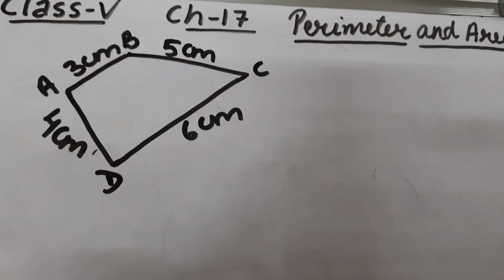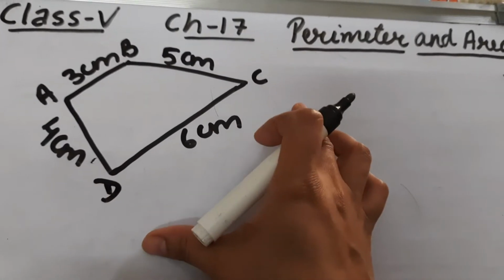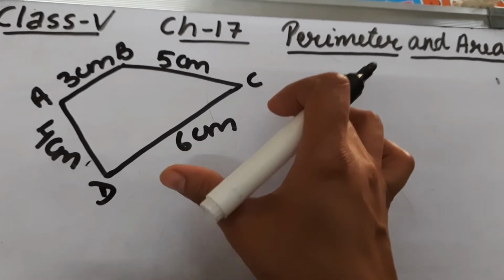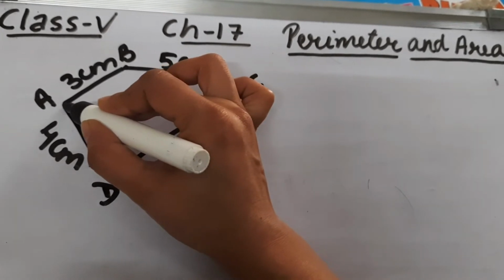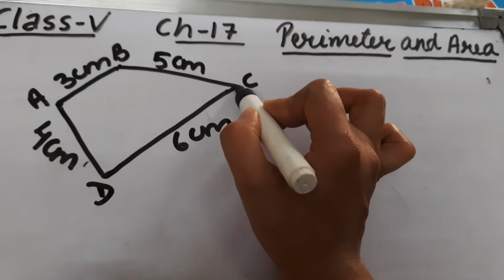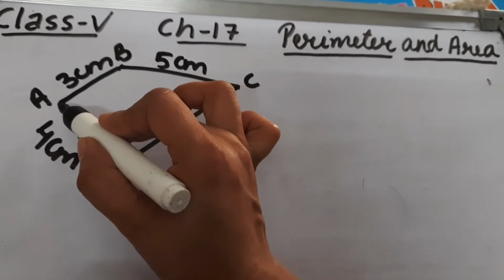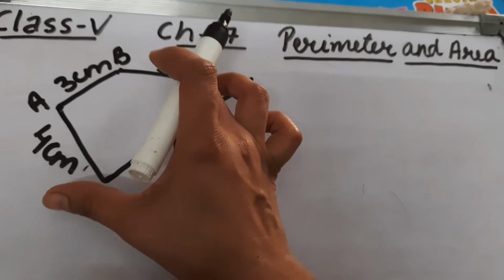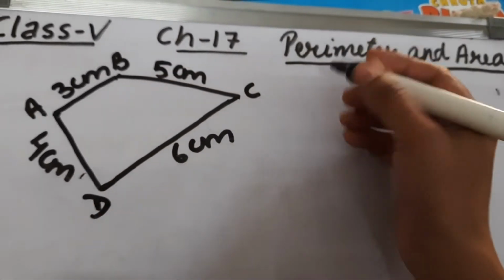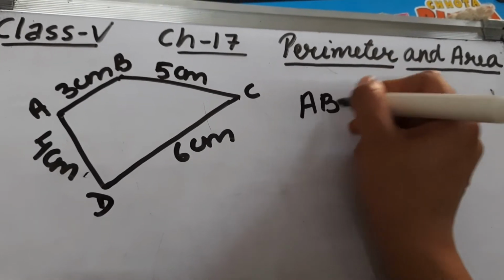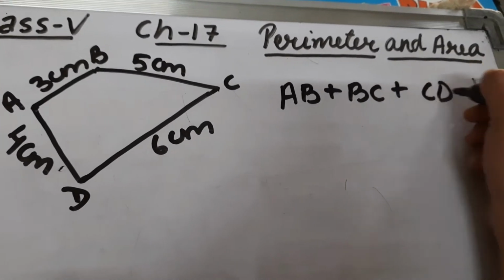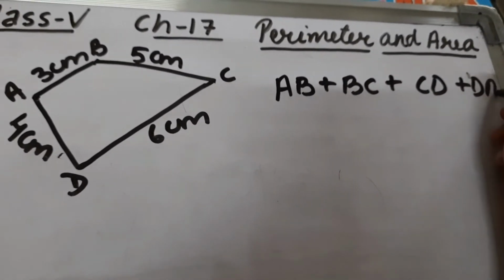Okay. Suppose I have to find the perimeter of this figure. Perimeter means I have to find the length of boundary of this figure. Okay. So how will we find the boundary? Suppose if I start from A, then first I will go from A to B, then B to C, then C to D and I reach back at A from D. So this total length is the perimeter of the figure. Okay. So perimeter of this figure will be length of side AB, then length of BC plus length of CD plus length of DA. Okay.